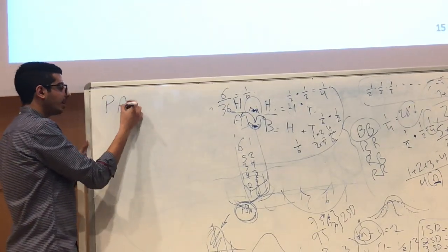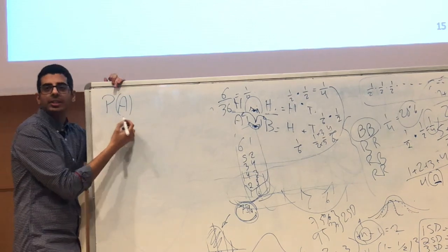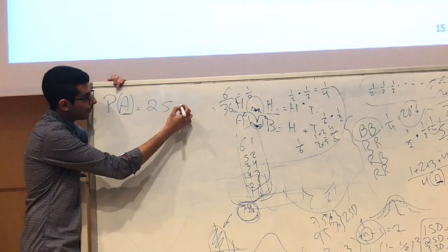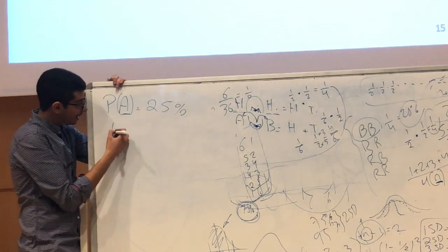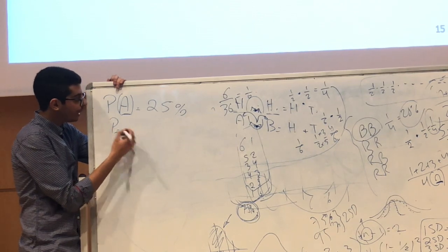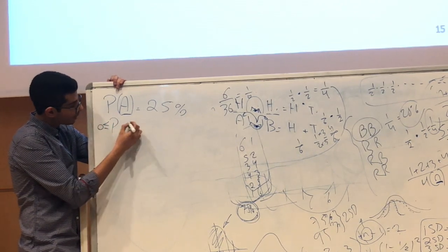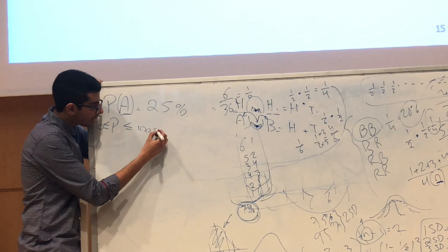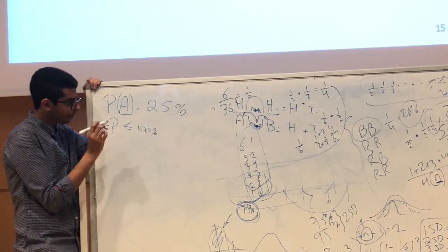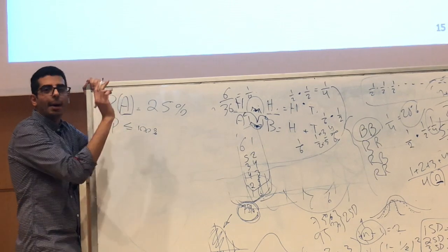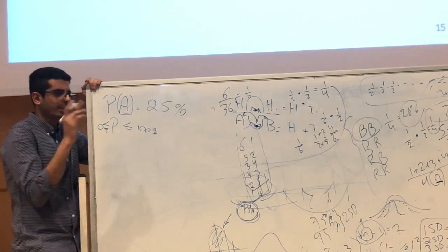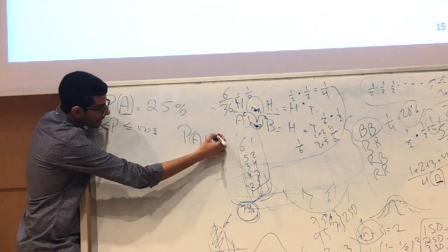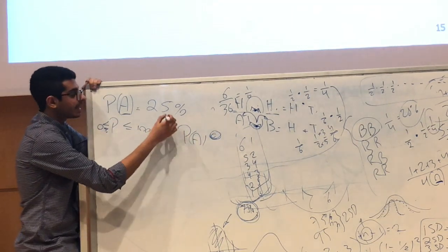Now how do we make the equation for the complement? If P of A, the probability of A happening, equals 25%. Probability is always between 0 and 1. 1 represents 100% and 0 represents 0%. If the probability of A happening, whatever the event is, heads or getting a 1 on a die, is 25%, then P of A complement, the C means complement, is the exact opposite of this.